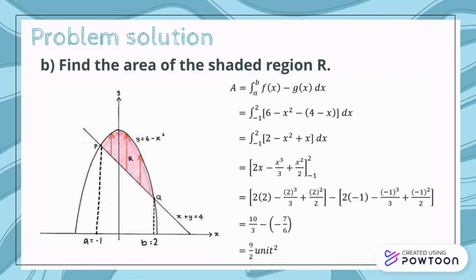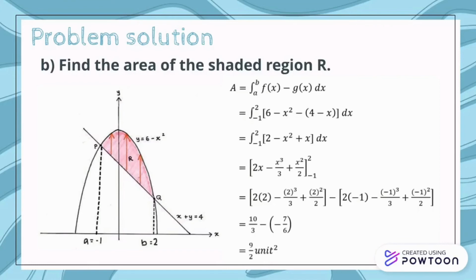Next, we are going to substitute all the information into the formula and it becomes the integral from negative 1 to 2 of (6 minus x squared) minus (4 minus x) dx. Now we can simplify this equation into the integral from negative 1 to 2 of (2 minus x squared plus x) dx. Next, we can start to integrate the equation into 2x minus x cubed over 3 plus x squared over 2